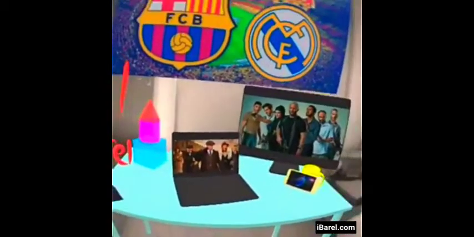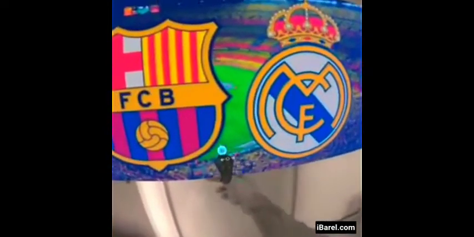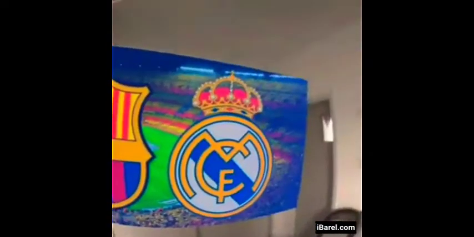Let's just make sure that everything is fine. I can actually go ahead and make it larger, so I'm going to do that. And as you can see, now I've got a huge holographic screen